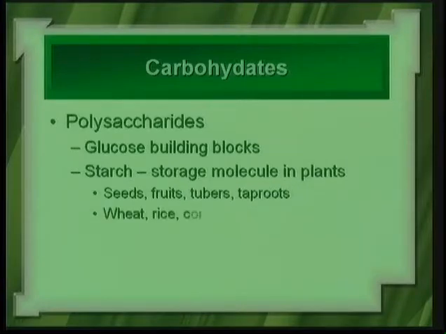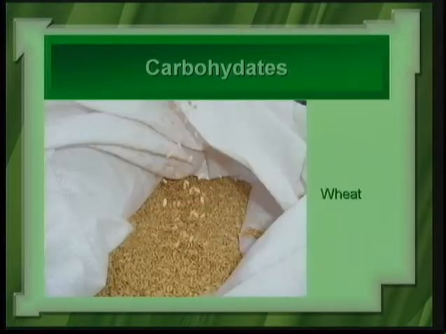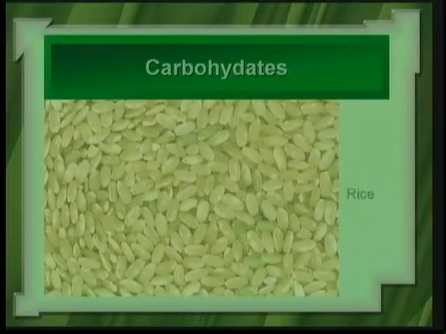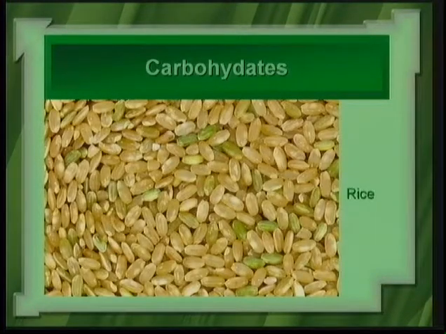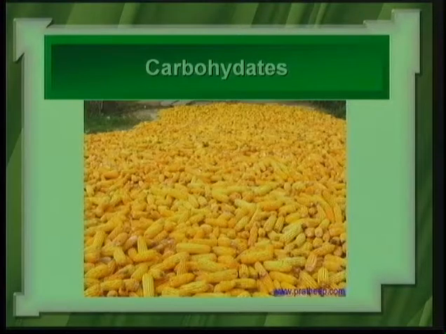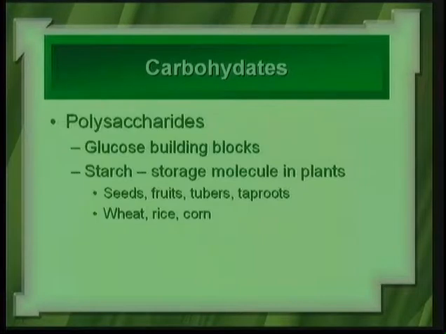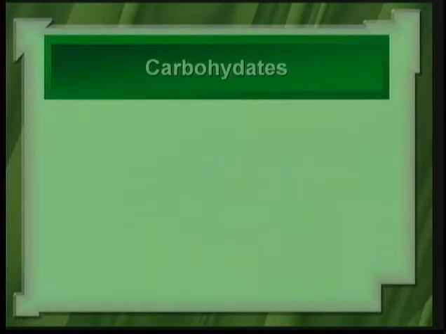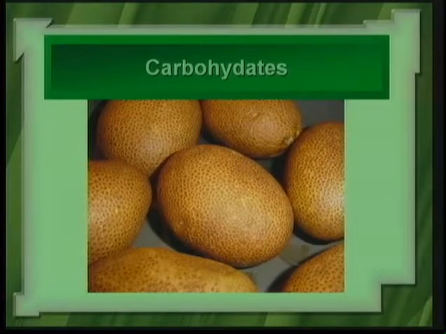Also of course wheat. Here you can see the wheat berries. And you have rice. This is brown rice, of course. It hasn't been milled and polished, or it has been milled, but it hasn't been polished. And then here you have corn. Acres and acres of corn. All right, and also we have other sources of starch, including potato, white potato,